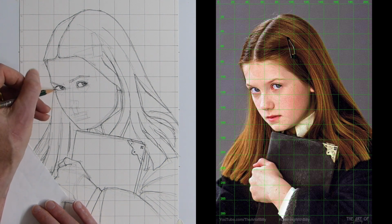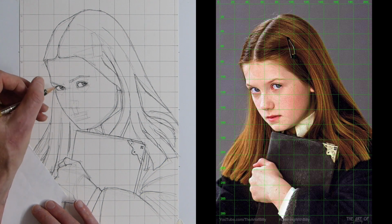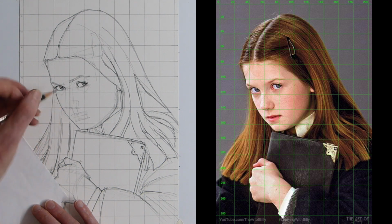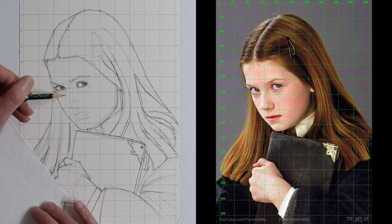Now here we've got this shape that comes up, but now we want to bring this up, little curve up inside to bring the rest of the curve of the eyeball up underneath that lower eyelid. Now the shape of a nose comes down, joins that point there, so you've got the curve of her eye, the nose creating the curve that comes up into the eye socket, and then it comes down straight to just about, well, fairly, just put a little bit of a slight curve on, and then the nose